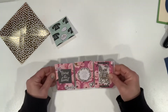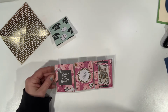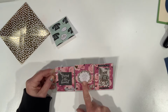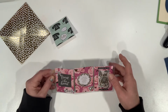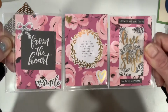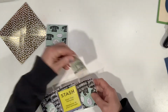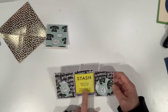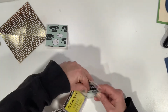Okay, so let's take a look at, this is so pretty. It says from the heart. I'm loving the, is this a Maggie Holmes? I'm not even sure. Let us lay in the sun and count every beautiful thing we can see. Aw, so cute. And then on the back, all right, so she put her postage money here. So let's take that out. And we have our tea bag, Asian Pear Harmony. Oh, that sounds so good. And then over here,